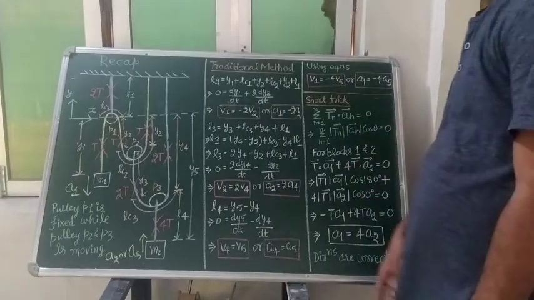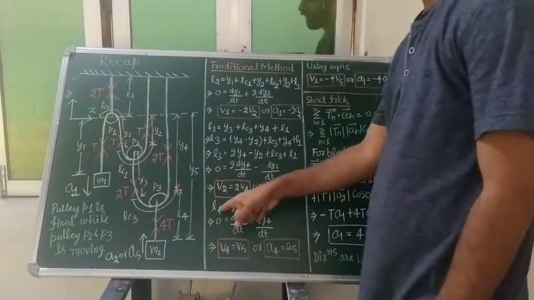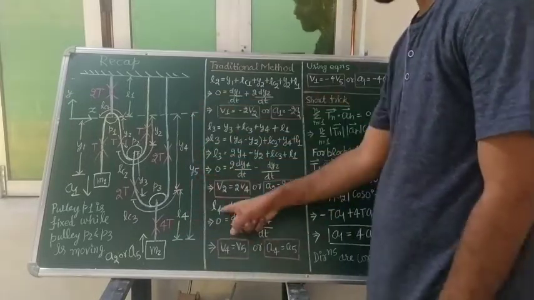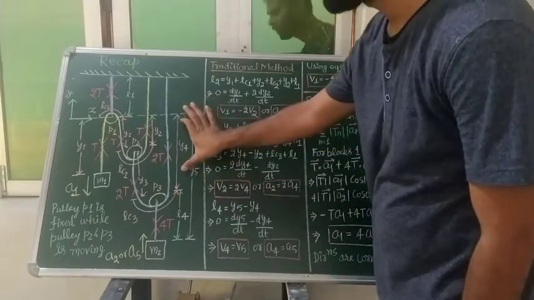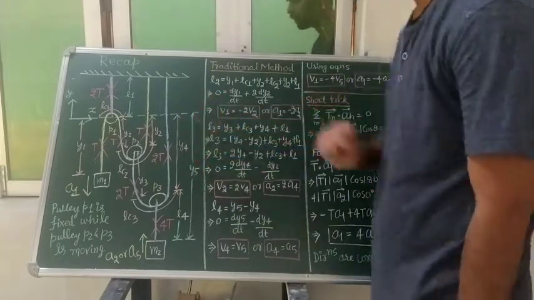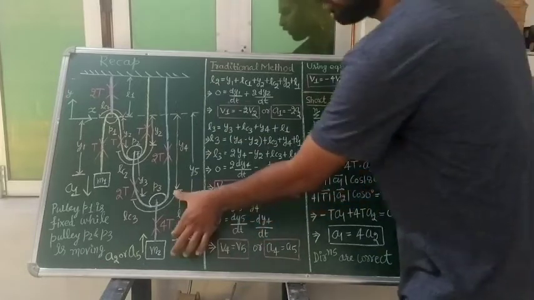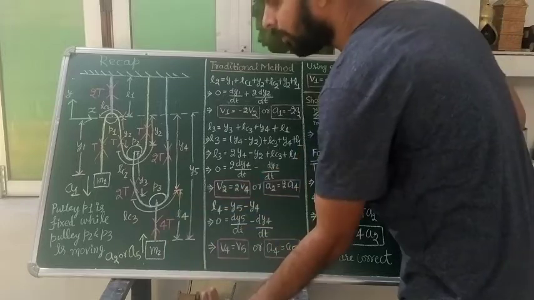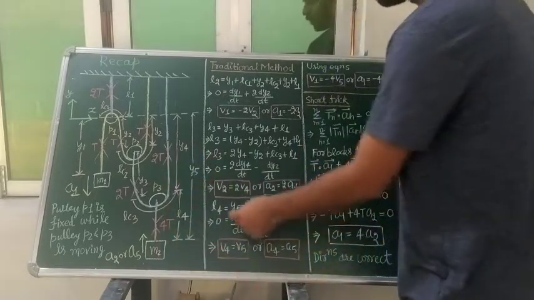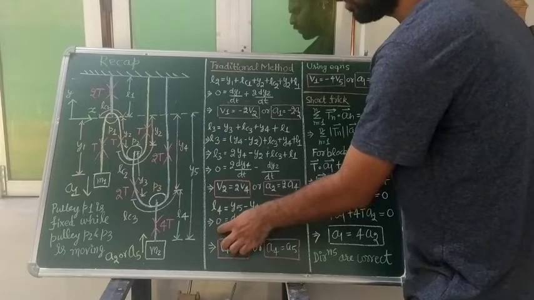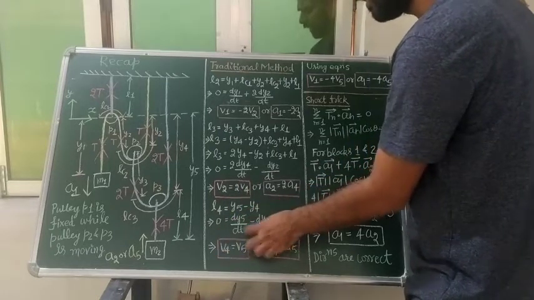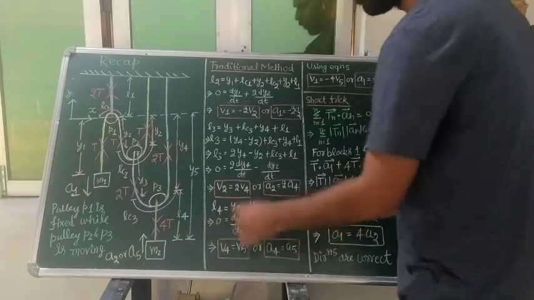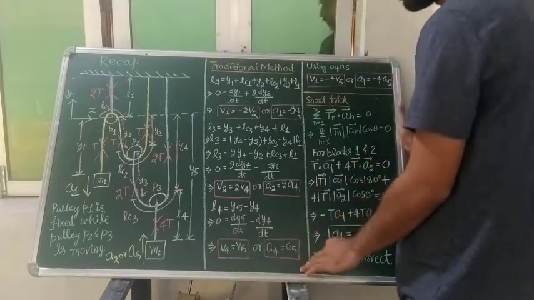Okay. So once again we will look at the fourth string. How can we write that L4? This is the y5 distance we have chosen. So L4 will be y5 minus y4, isn't it? The length of this string will always be constant, that is not going to change. So the differentiation of a constant will be equal to 0. Here we will get dy5 upon dt minus dy4 upon dt, meaning our v4 will be equal to v5, or a4 will be equal to a5.